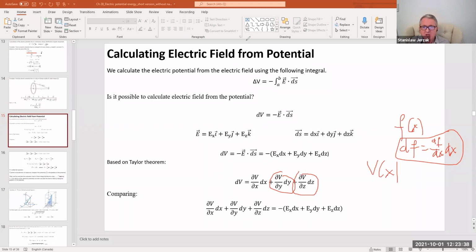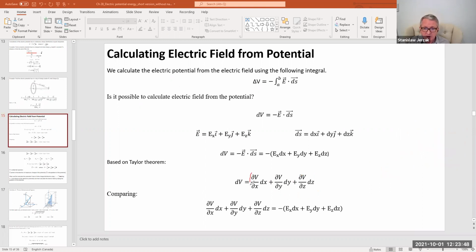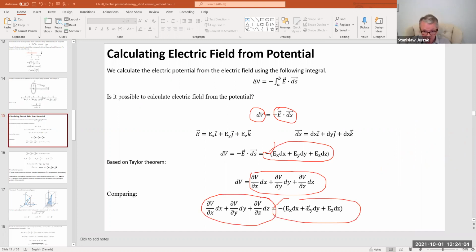So this is based on Taylor's theorem. I'm sure that you are familiar with this. On the one hand side, this is dV, which is the left-hand side of this expression, and the dot product we substitute by this. If I compare now these two expressions, then this left-hand side must be equal to the right-hand side, and this equation is valid if